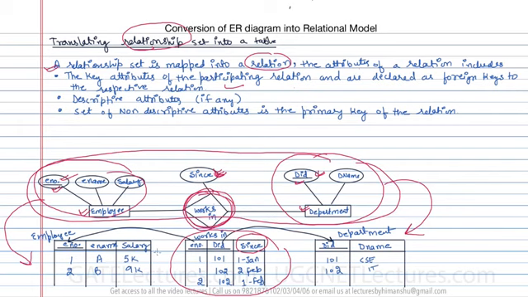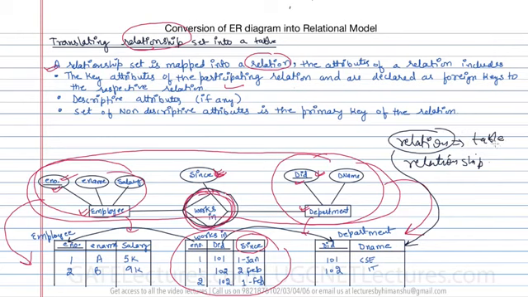In the same way you can convert this entity as a relation, and you can convert this department as a relation. See, I'm using a term called relation, and this is called a relationship. So both these terms are different. When I'm saying relationship it is like this, works in is a relationship, and when I'm saying relation it is this table. So relation is a formal term and table is an informal term in the case of the relational model.